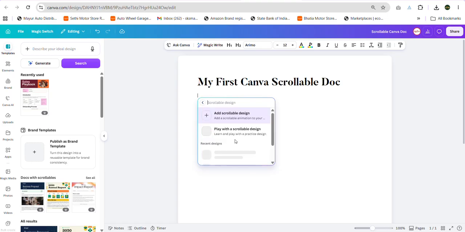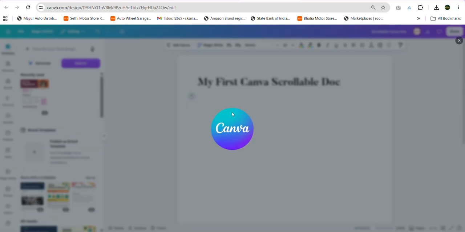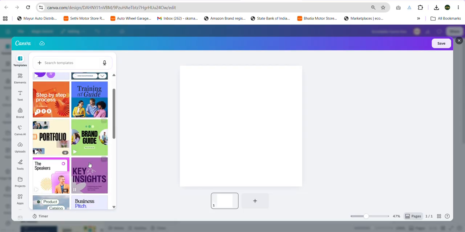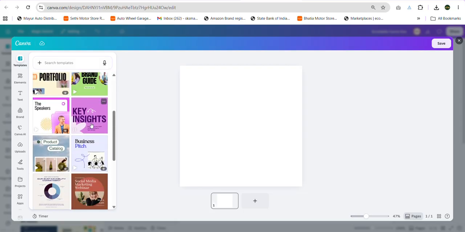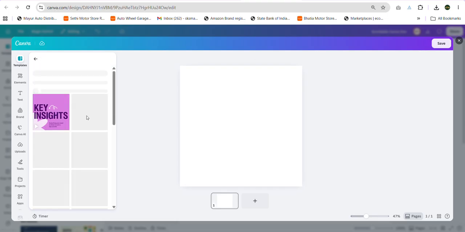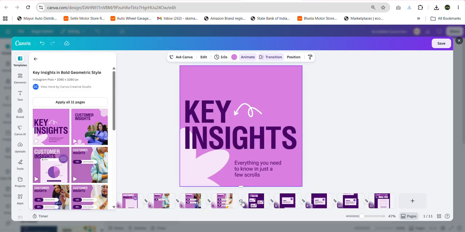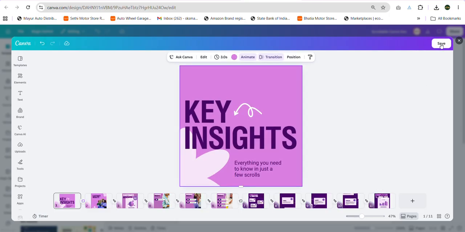So we'll click on the scrollable design and click on add a scrollable design. Once I click on this, you will see that a mini window will open. First I'm going to show you the templates that are available. Let's say I'm selecting this template. I like this template, and I apply all 11 pages. The 11 pages have been applied here, and if I click on save,